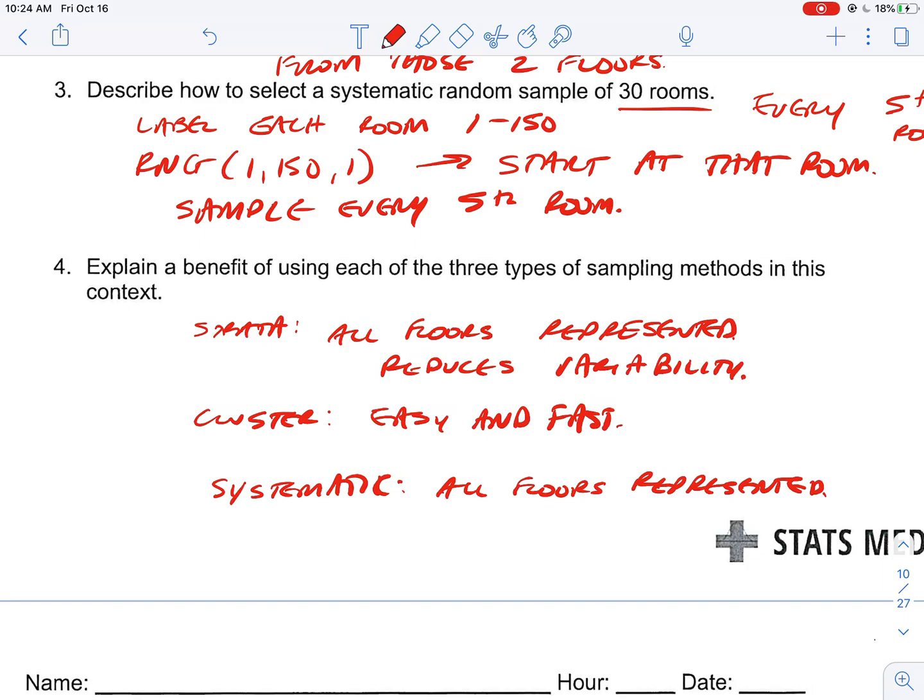Okay, guys, so those are some more sampling methods in context with a problem that you can kind of use as a framework. Keep that in mind as you're working on those practice problems, and we will see